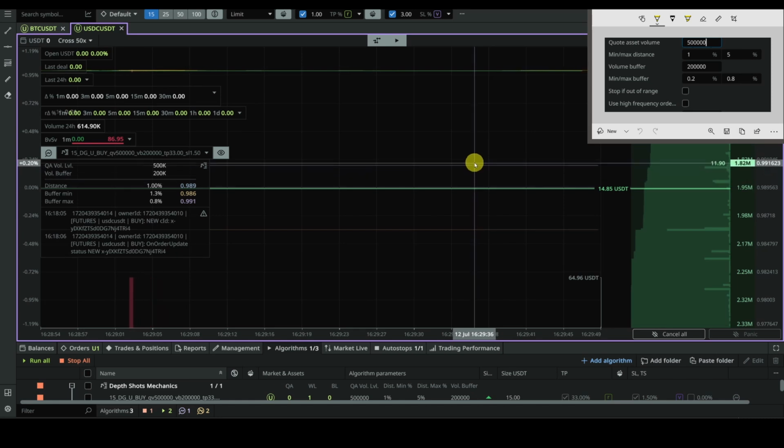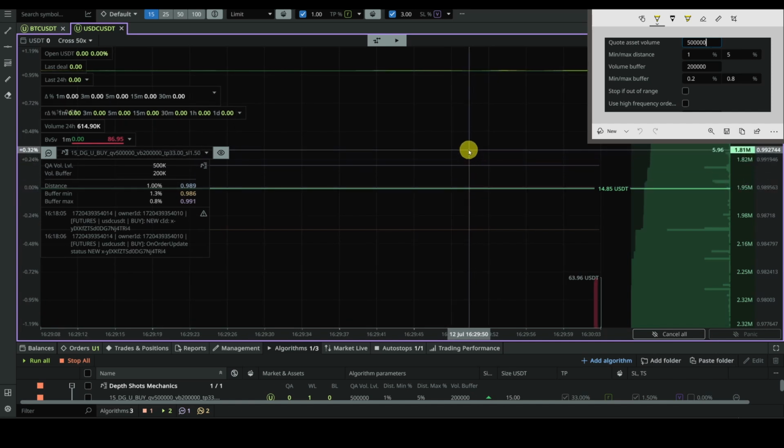If I were at 0.3 away from the order, I would have 1.81 million compared to about 2 here. So I would say that with the volume buffer being 100,000,